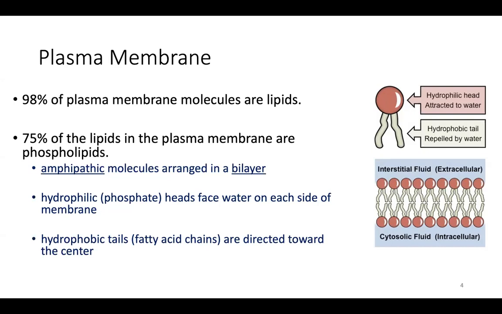And they are arranged in a bilayer, which you can see over here. So the heads face out. If this is our cell membrane, the heads are facing towards the outside of the cell and towards the inside of the cell, mixing with the fluid basically, because those are the hydrophilic sides. And then the tails are facing each other and they're hydrophobic. They don't really allow water to pass very easily, and they don't allow a lot of other substances to pass through easily. So that's where the proteins come in. Proteins will allow a lot of stuff to go in and out of the cell, whereas the phospholipid bilayer will not.